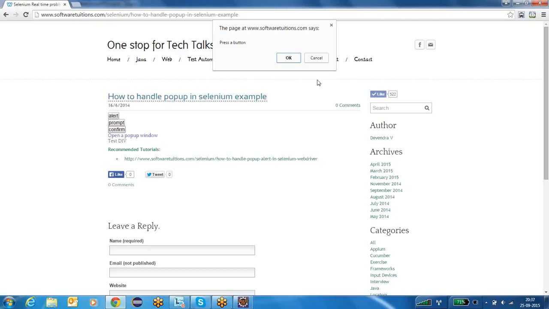Sometimes by mistake also you can click on the delete button, right? So for sensitive actions they don't do it directly. They will again confirm it. They will ask you like this, do you want to delete it? Say yes or no. They will give you two buttons, OK or cancel, or yes or no. If you click on OK, then only they will delete it. If you click on cancel, they will cancel that operation.